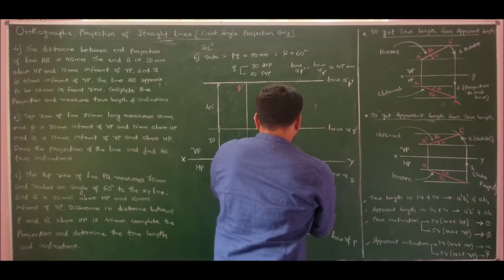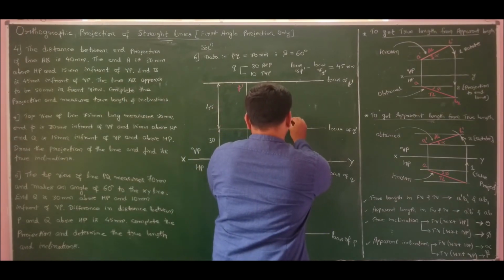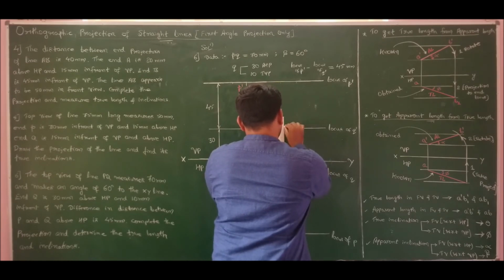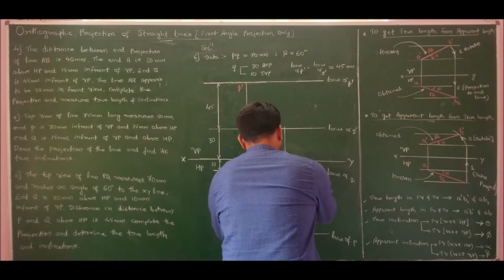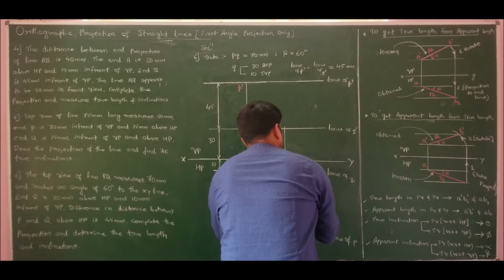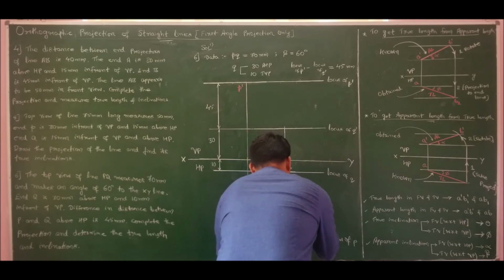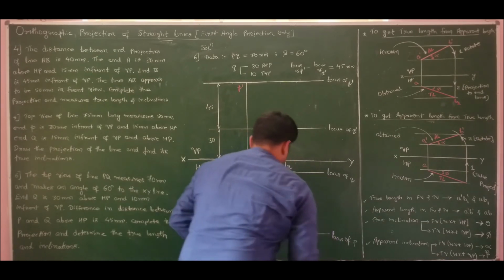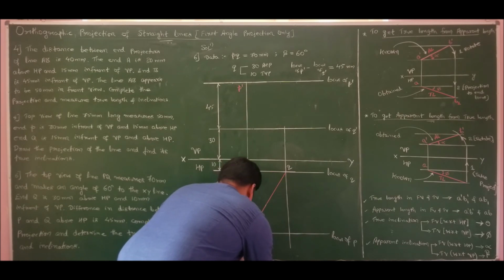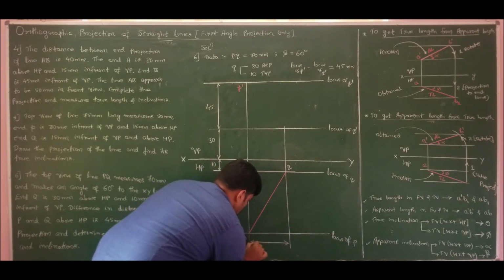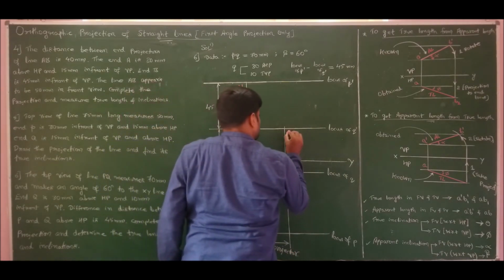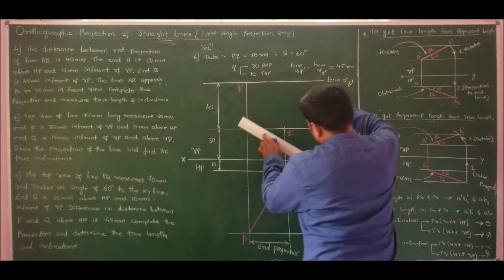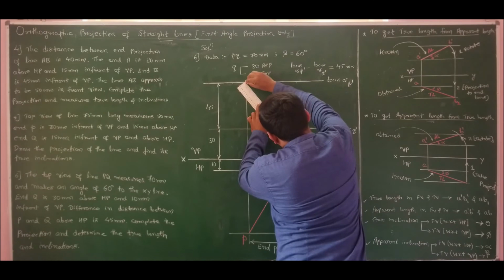So therefore, if I draw the end projector, that is another vertical line passing through Q, then definitely Q dash should lie on this line. So thereby directly I will get P dash Q dash, because I know locus of Q dash. So I am making use of end projector. So this is the point Q dash for us. So just join P dash and Q dash to get the apparent dimension.